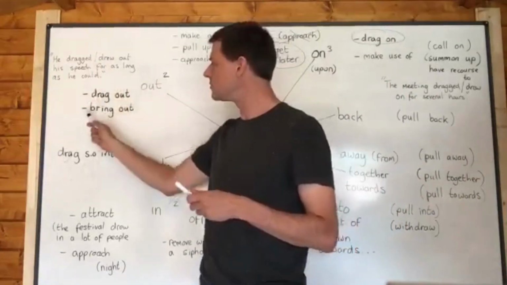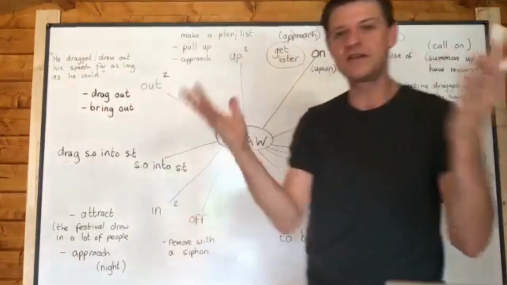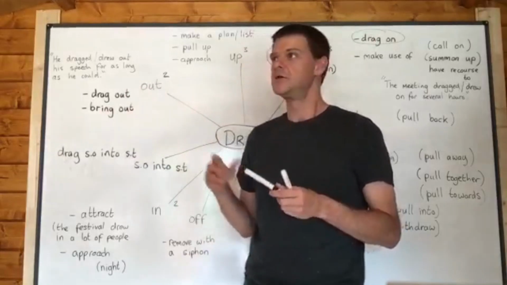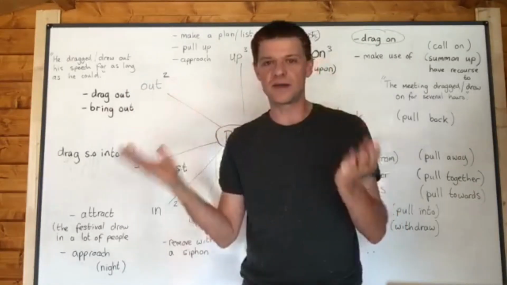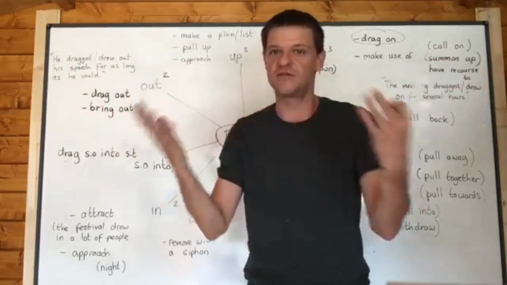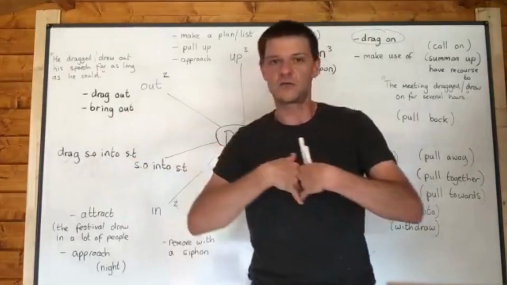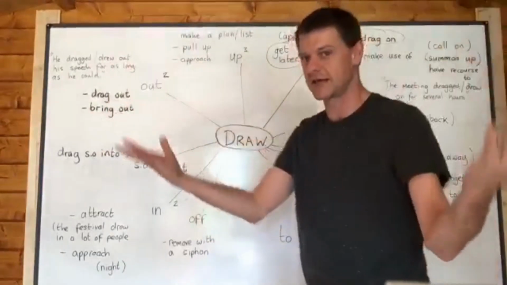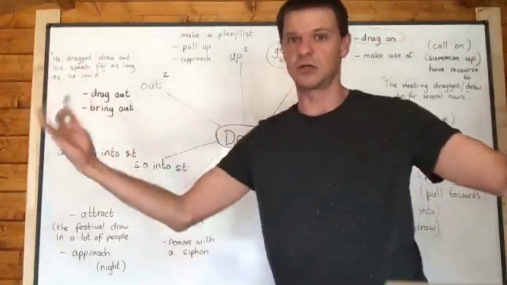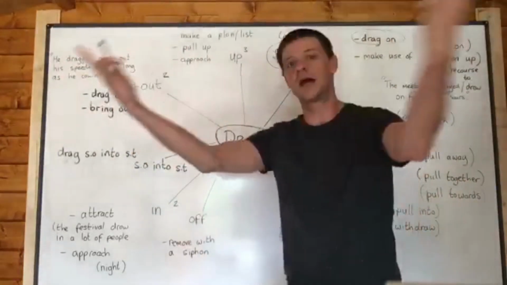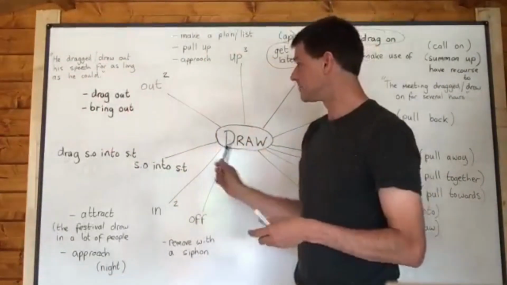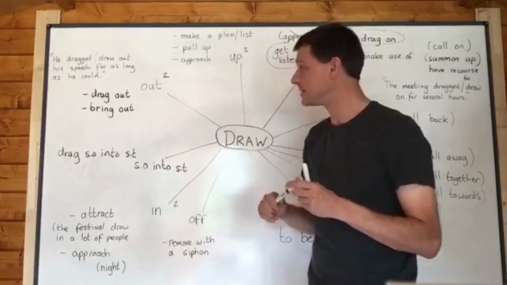But draw out can also mean bring out or reveal. So if you say she brings out the best in him, you could also say she draws out all the best qualities in her colleagues, meaning she helps to reveal all of these qualities. So if qualities are drawn out, they're brought out, they're revealed in some kind of way. Again, we're dealing with motion. We're dealing with that motion that they're drawn out, they come out, they move out, you bring them out. So draw is a movement verb.